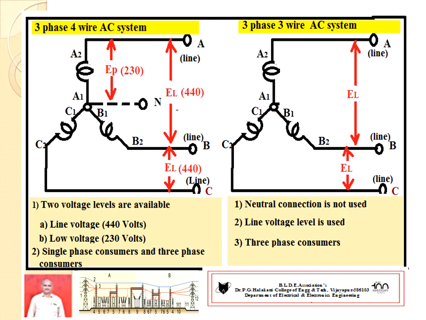Hence, in a three-phase four-wire AC system, it is possible to use two voltage levels. That is the advantage. One is the line voltage, the high voltage level, which can be used. Another is the low voltage level, that is 230 volts, which can be used. Hence, depending upon the consumer's interest, we can supply single-phase 230 volts, or they may use three-phase AC supply. Hence this is more useful in the distribution of electrical power, sir.